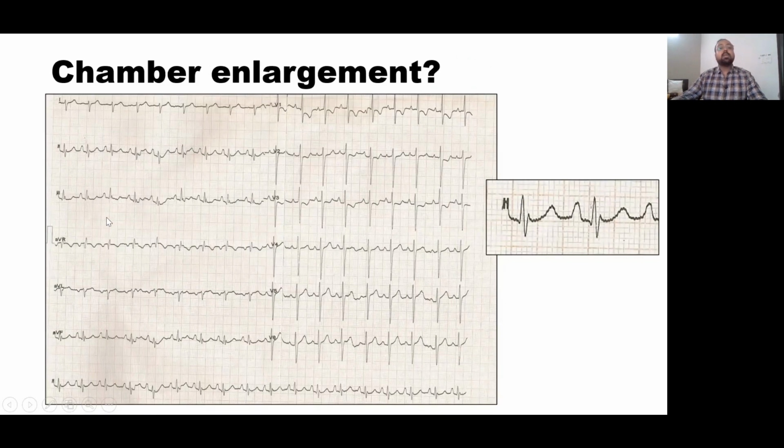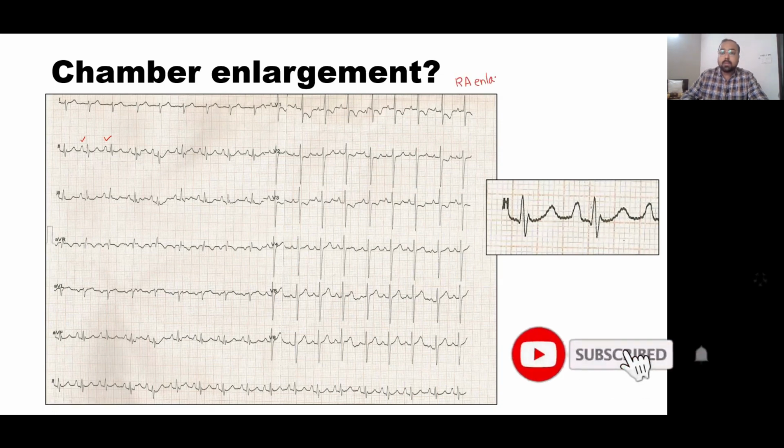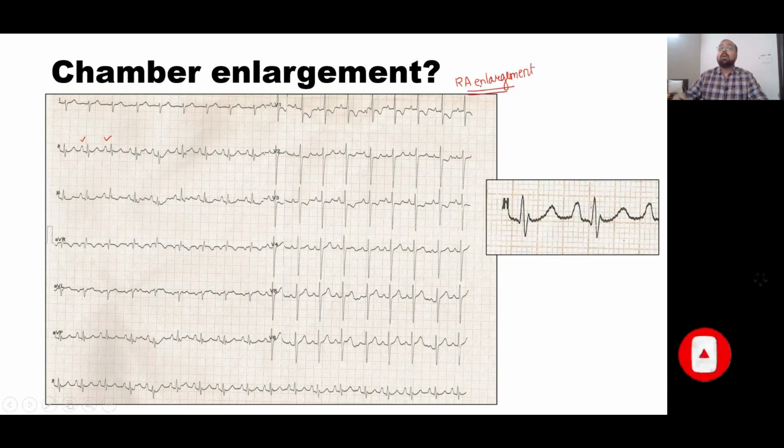Now, this was an ECG which was obtained on a patient with a history of COPD for many years, who presented to the emergency with worsening symptoms and worsening body swelling. In this, you can see that the P wave in lead 2 appears very prominent, so much so that the height of the P wave is almost equal to the height of the QRS complexes. Now, if we blow this up, you can see that the height of the P wave is more than 2.5 millimeters, and this is suggestive of a right atrial enlargement,